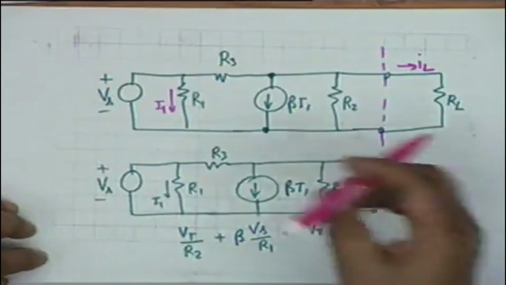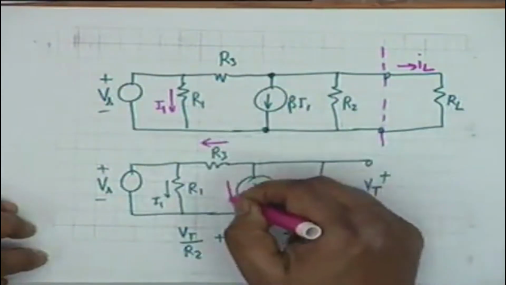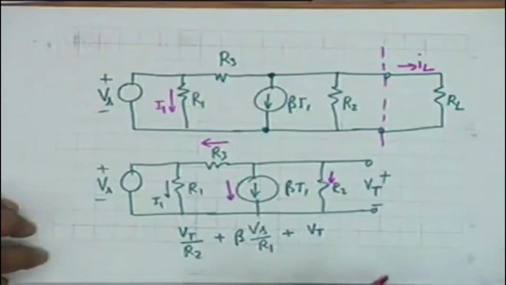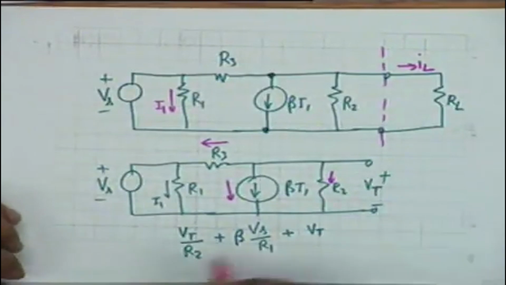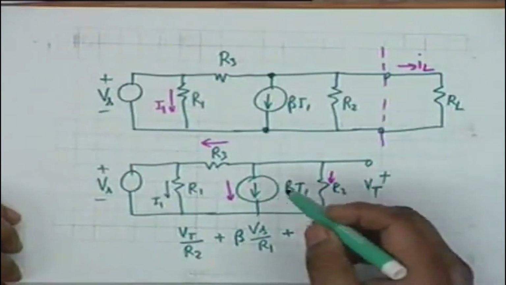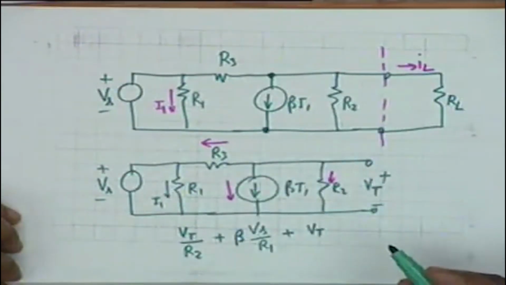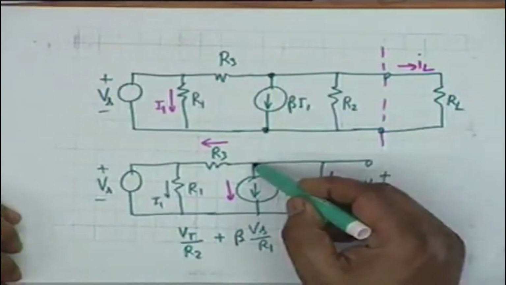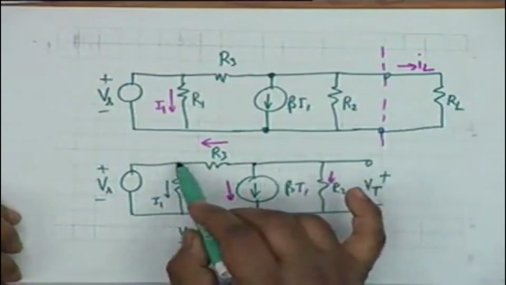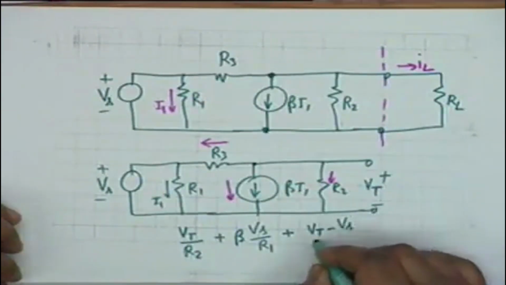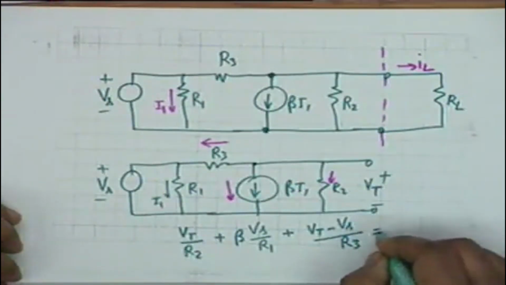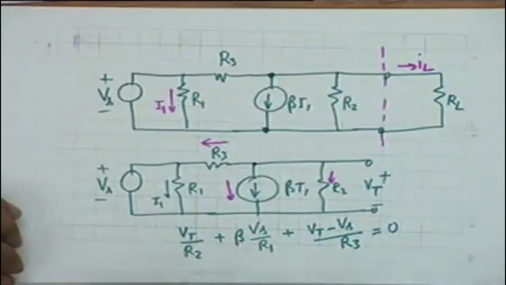There are three currents that you have to take care of, and these are the three currents leaving the node, and the sum of them should be equal to 0. So the third current, the current through R3, is Vt minus Vs divided by R3, and this should be equal to 0, which immediately gets you what is